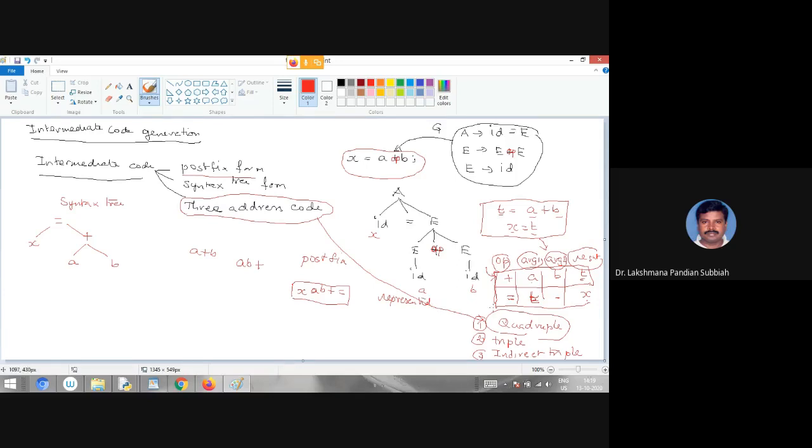So this is quadruple. So statement number 1, statement number 2, we have now, right? So how do you represent triple? We have 3 fields, right? So here we have plus A, B, right? The first record you consider 0, this is 1. Now here also we have this 0 field. Next we have equal. Here the address statement is 0. Here you have to assign. So now this is statement number 0 and 1.